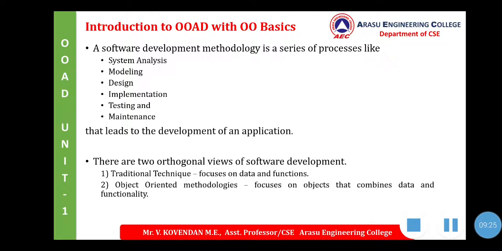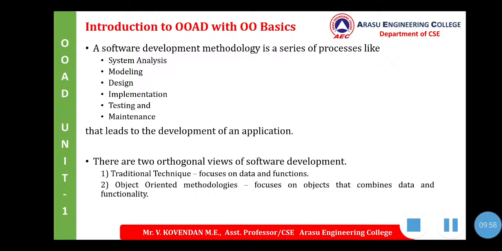So what are the object oriented methodologies? It is a new system development approach which encourages and facilitates the user to reuse software components. It employs the international standard Unified Modeling Language, that is UML, from the Object Management Group, that is OMG. Using these methodologies, a system can be developed on a component basis, which enables the effective reuse of existing components.